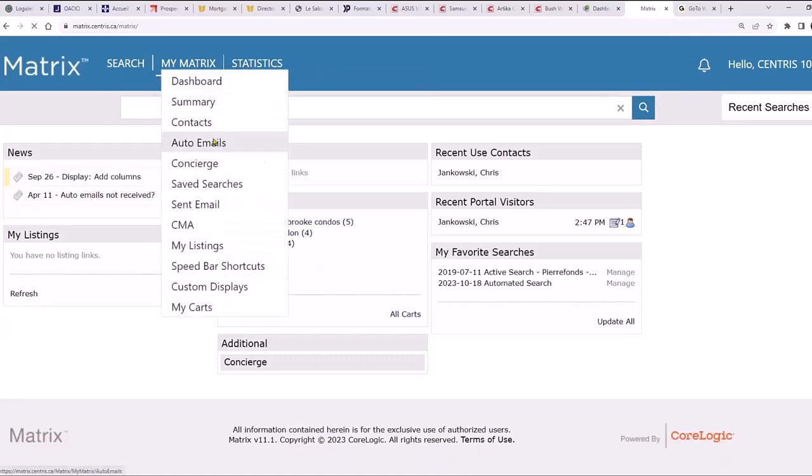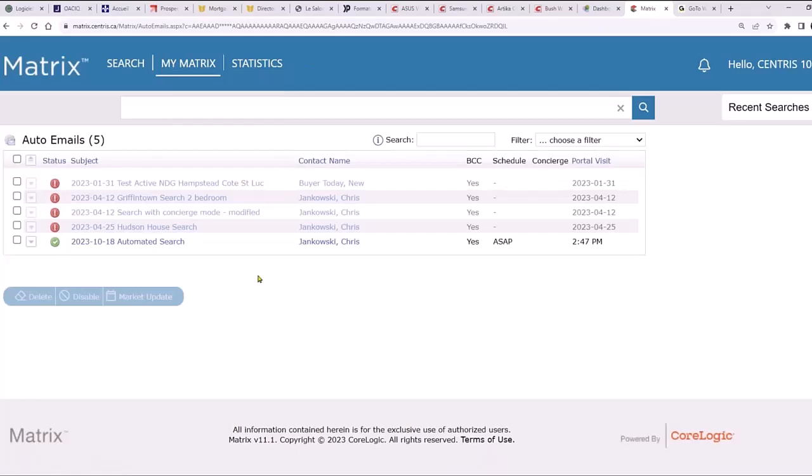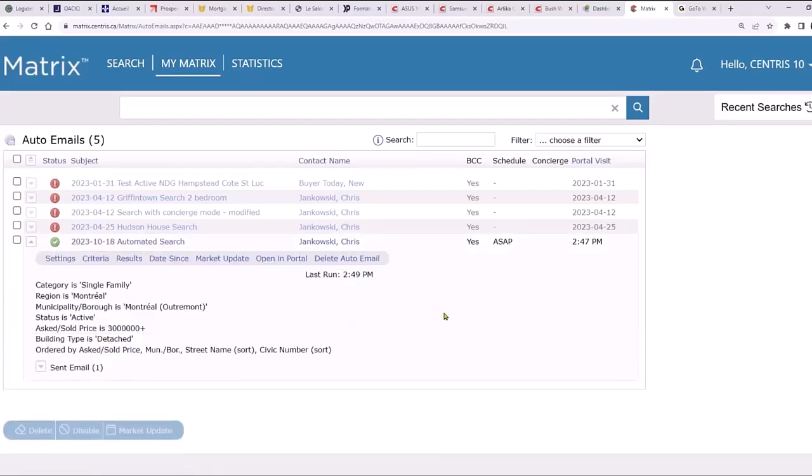If you ever need to edit any of these auto emails, for some reason, as you can see now, there's a green circle with a white check mark, right? That means that the client has accepted the portal, and they've activated it at least once, so it's active, right? And as you can see, BCC, blind carbon copy of the email, is being sent to you as well. So every time there's a new property that matches your client's criteria, it will pop up in your email box as well. So you will know that there's some kind of change, some kind of improvement that we can talk with our client about, right?